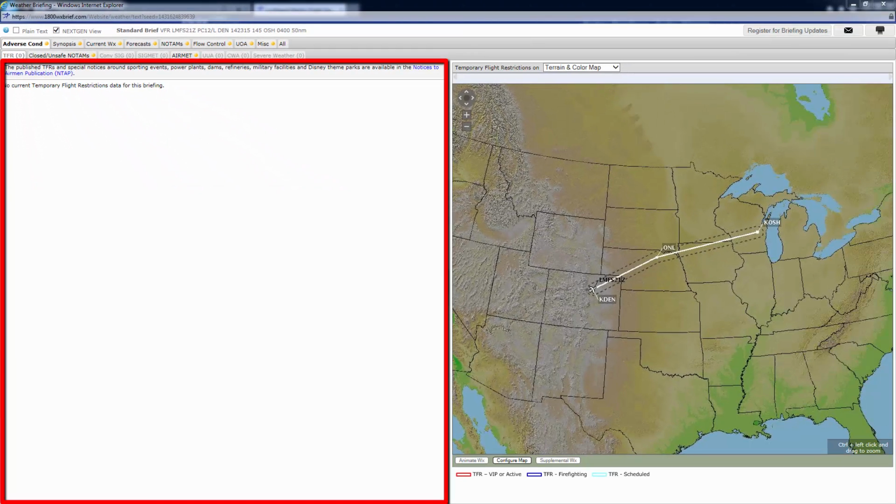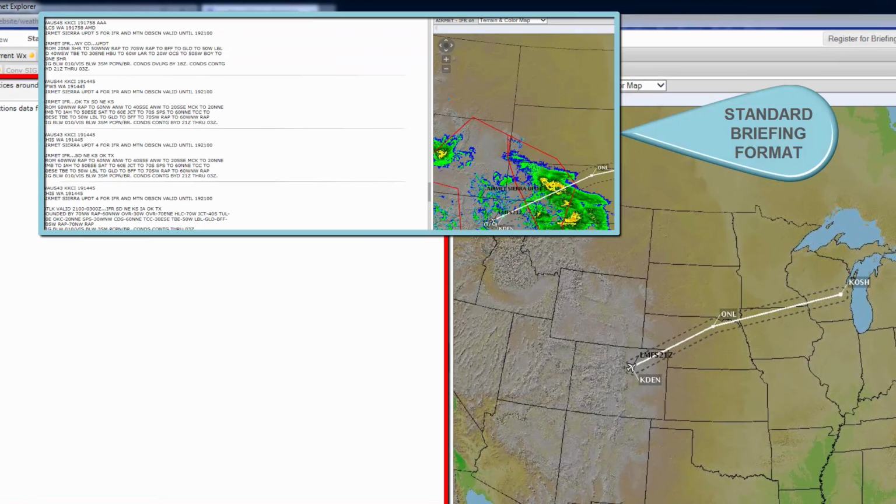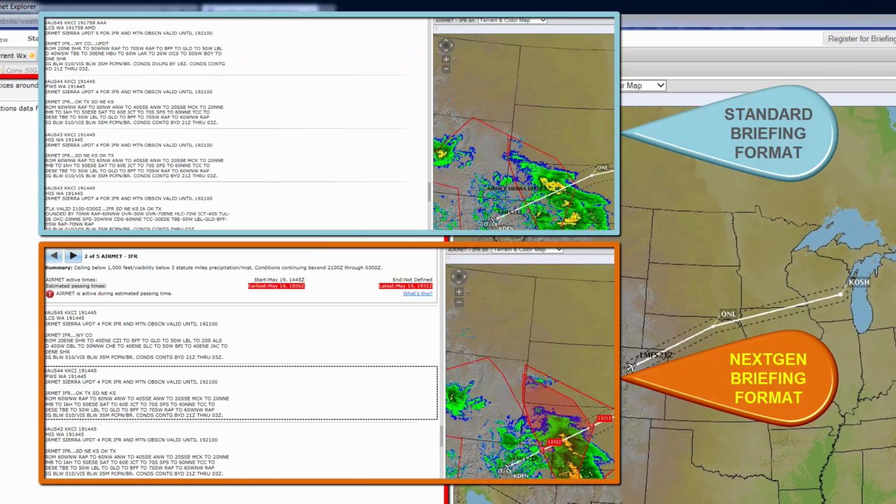The text briefing pane displays all textual data for the weather briefing. Briefings may be displayed in standard or next-gen format, and displayed in plain text if desired. Next-gen format was explained a short time ago, and standard format is an untranslated, direct display of the weather data